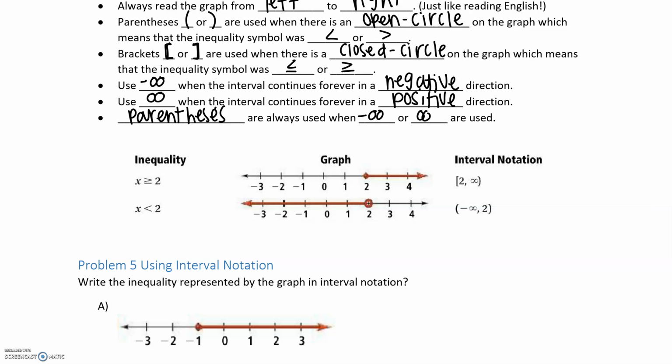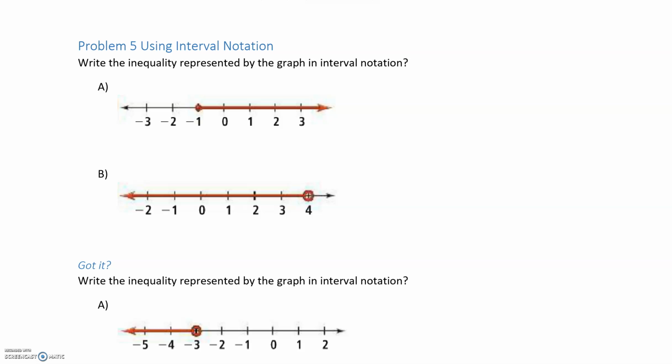Okay, if we have x is less than 2, that means we have an open circle at 2 and it's going forever in the negative direction. So you have parentheses, negative infinity, comma, 2, and then we're going to have another parentheses because this is an open circle. Okay, so for these first two,